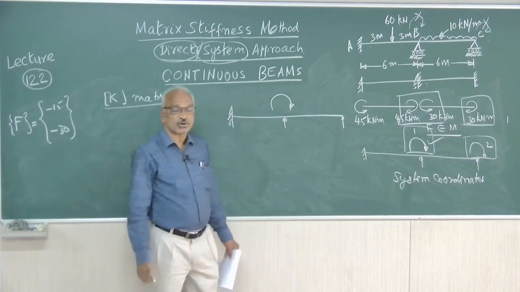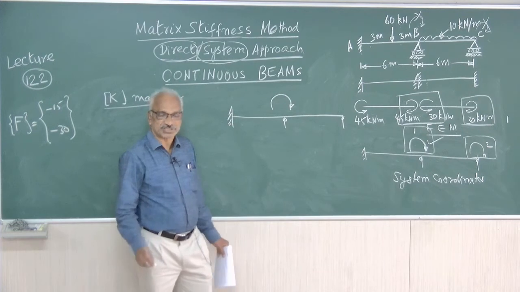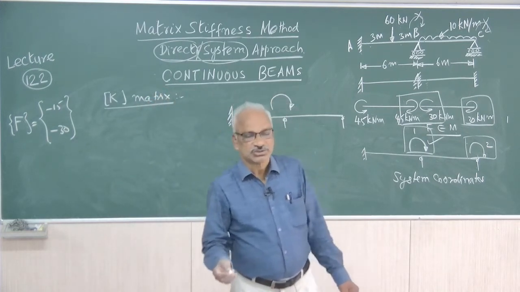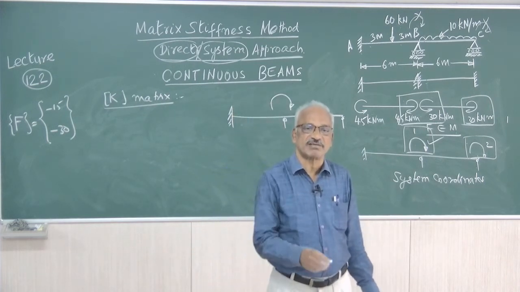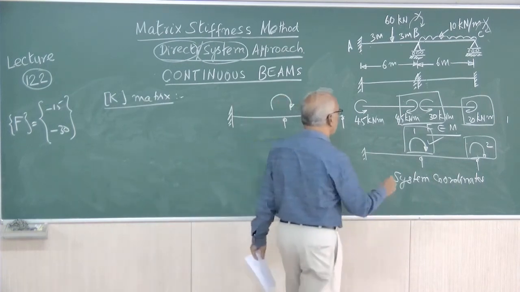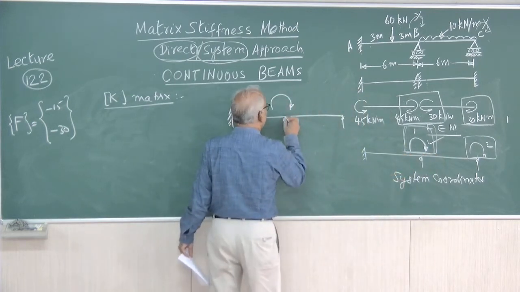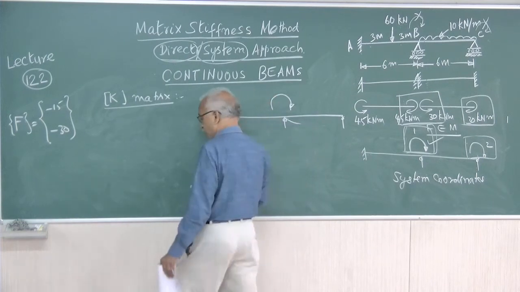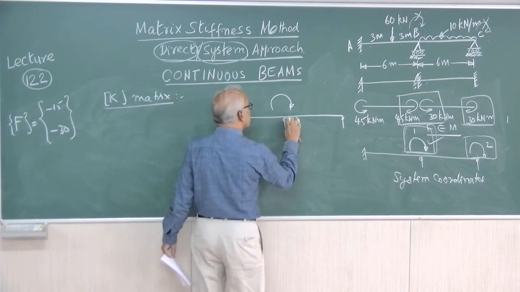So corresponding to the coordinate 1, it is a rotation. We have to apply unit displacements, because here displacements are the primary unknowns. Therefore, for getting the actual value of displacements, we have to start with the application of unit displacement. So the displacement corresponding to coordinate 1 is that of the rotation. Therefore, here we have to apply unit rotation at system coordinate 1.